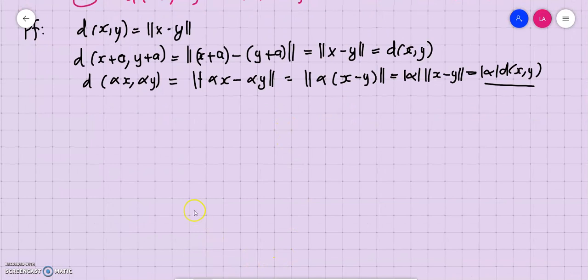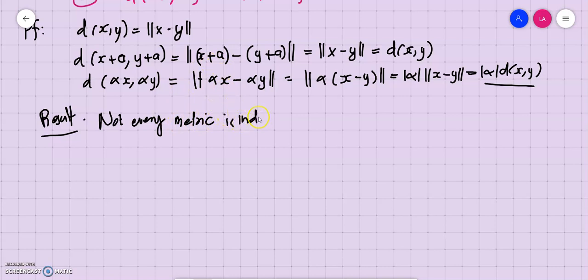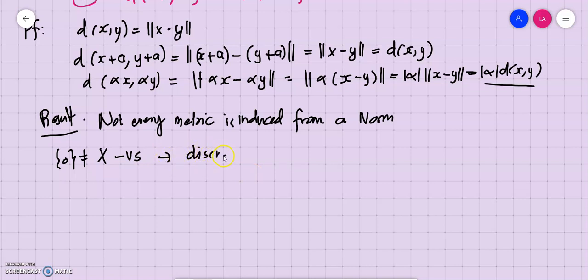So our intuition is, or our result is, that not every metric is induced from a norm. So consider a vector space which is not equal to the zero space, and define a metric, the discrete metric,